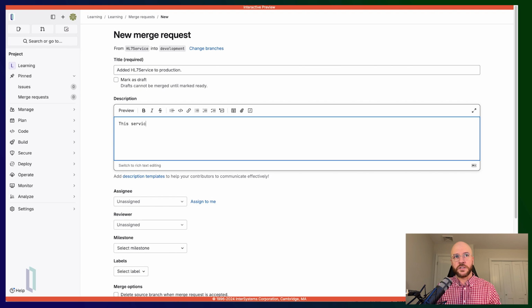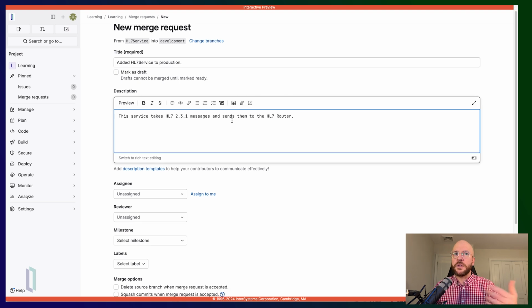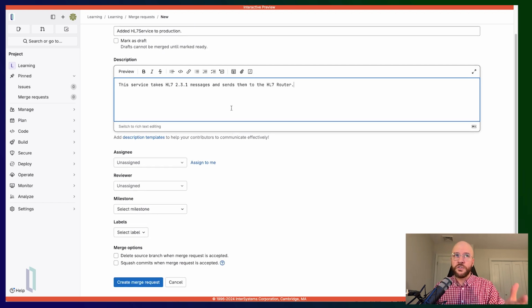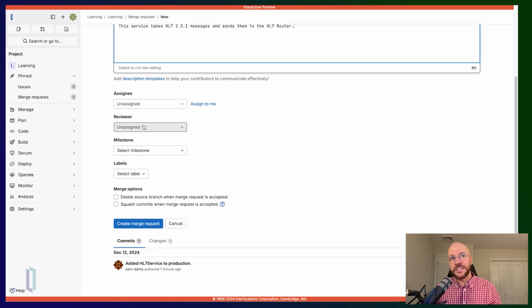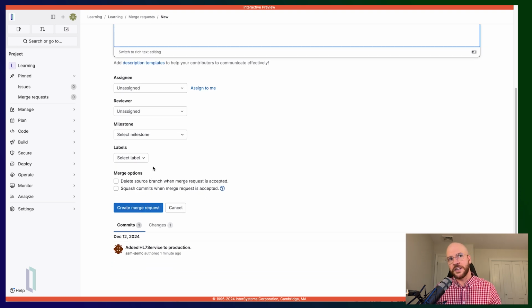You know, this service takes HL7 2.3.1 messages and sends them to the HL7 router, let's say. Whatever your description might be that is useful for your source control workflow, you could add that helpful description there. Optionally, you can assign this to someone, assign a reviewer, tie it to a milestone, add labels, and things like that. One important distinction here with the source control workflow that's being considered best practice is do not